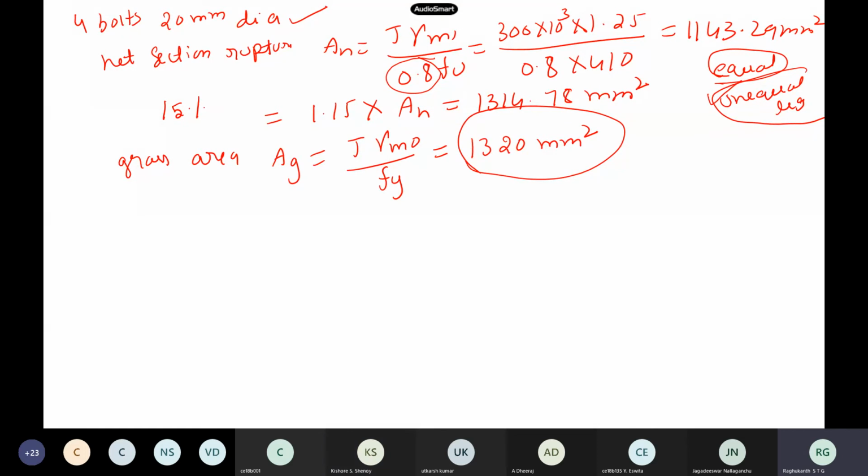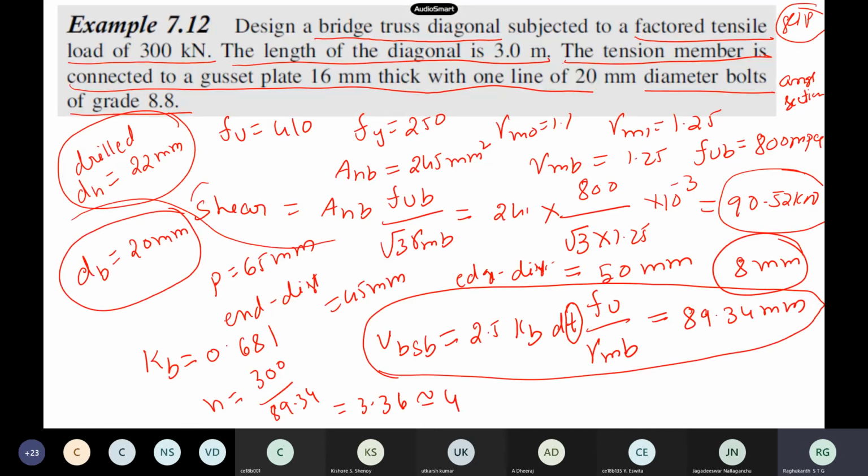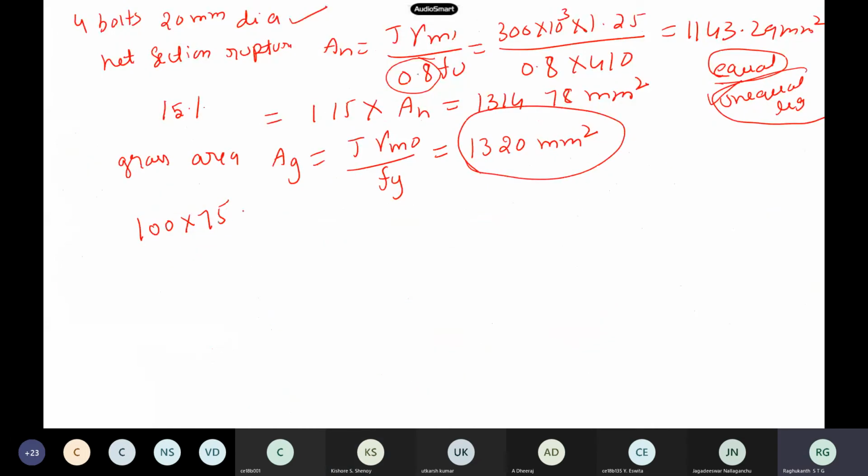And with unequal, which leg will you connect to the member? Unequal means you have two legs. The leg which has more length, you connect with the bolts. The leg which has less length, you leave as the outstanding leg itself. So that is a guideline: when one leg is connected and another leg not connected, you go for unequal angle. So we take 100 by 75 for this problem, but we have a constraint. We have already assumed a thickness of 8 mm for calculating the bolt, so you have to select this thickness also.